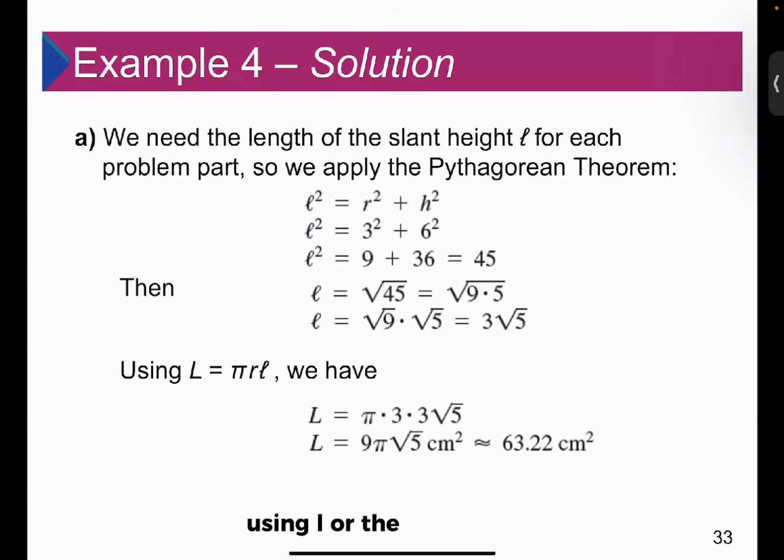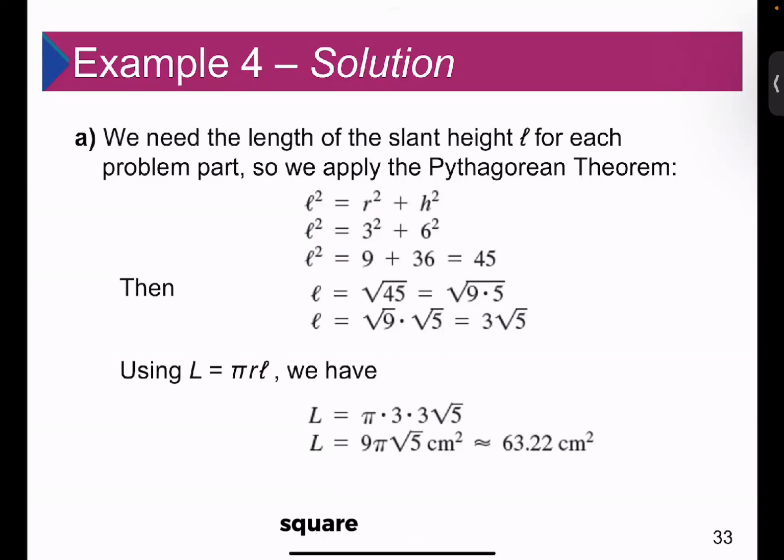Using the lateral area L equal to pi rL, we have L is equal to pi times 3 times 3 square root of 5. So the exact value is 9 pi square root of 5 square centimeters, while approximately it is equivalent to